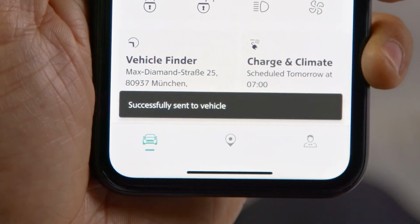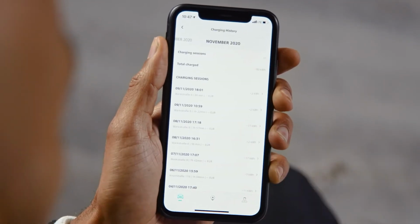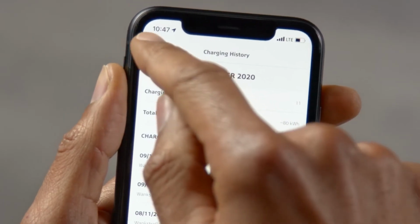And in the charging history, you can keep track of past charging sessions. By monitoring duration, energy consumption, and if available, also energy costs, you can get the best possible base for efficient charge planning. If you do have to charge your fully electric or plug-in hybrid Mini out and about, the new